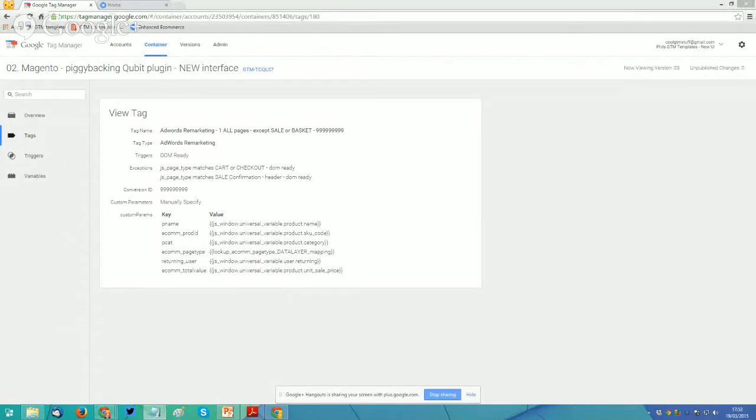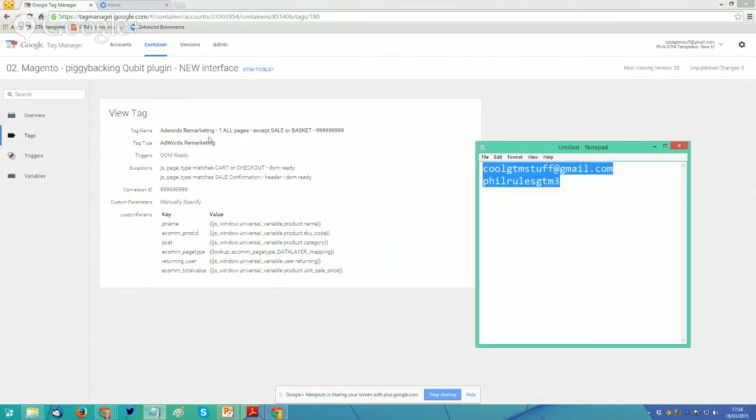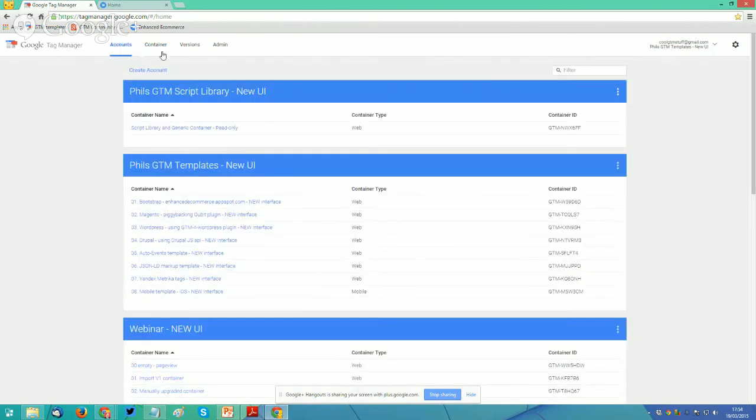As I mentioned, the login was cool GTM stuff at gmail.com. If you go to that login, you'll see this list.